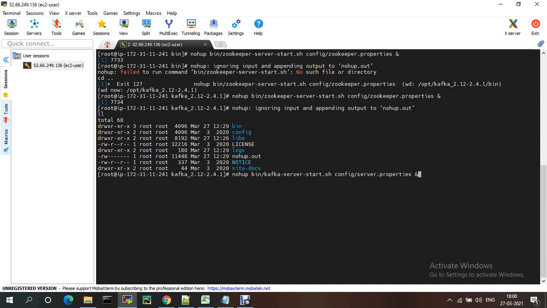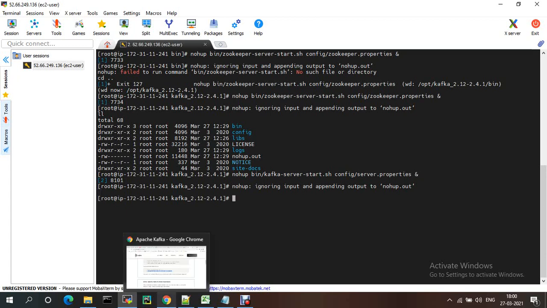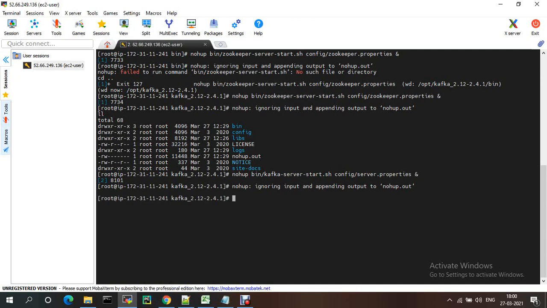This one is Zookeeper. Zookeeper started and Kafka started, so this is also running in the background. If you check with jps, Java Process Status, Kafka is running and Zookeeper is also running.